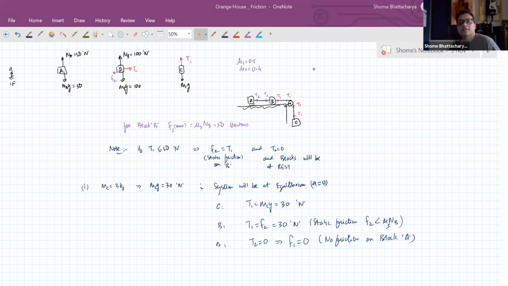Equilibrium of this block, its acceleration is 0, so balance the forces. If friction itself is balancing T1, then why will T2 come into the picture? Block B has no tendency to move at all. Friction is balancing the horizontal force T1 on it, so it doesn't tend to move at all. So why will it pull on the string? It will not pull on the string.